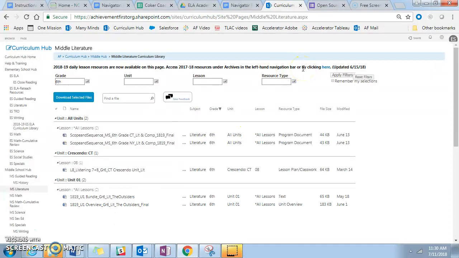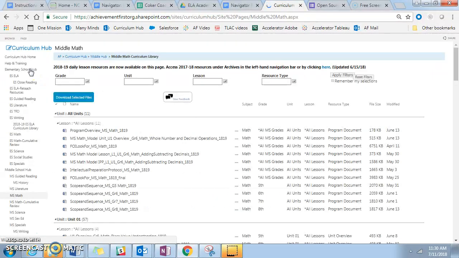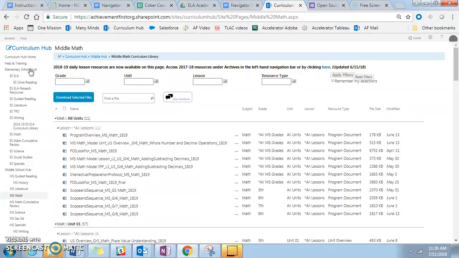So all daily lesson resources and materials that go with that can be found through these subpages for each of these content areas and grade levels. Then, of course, the hubs take you back to those home pages that have the most crucial information across the program.